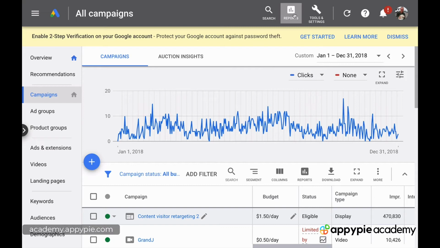In this course, we're going to be working a lot with the Google Keyword Planner, which is a free tool,